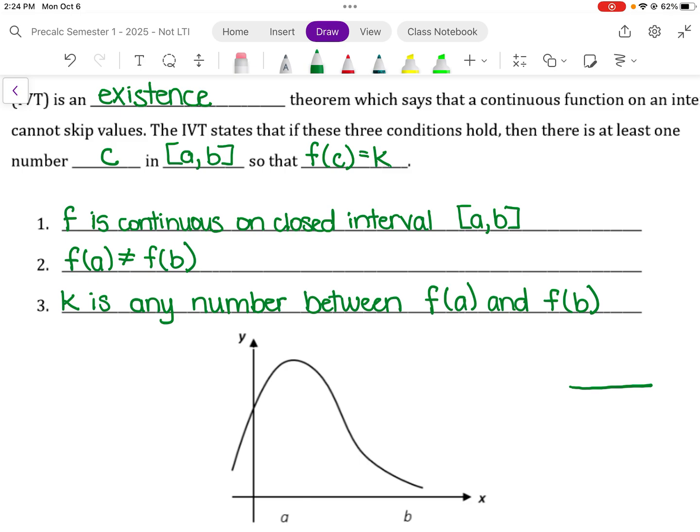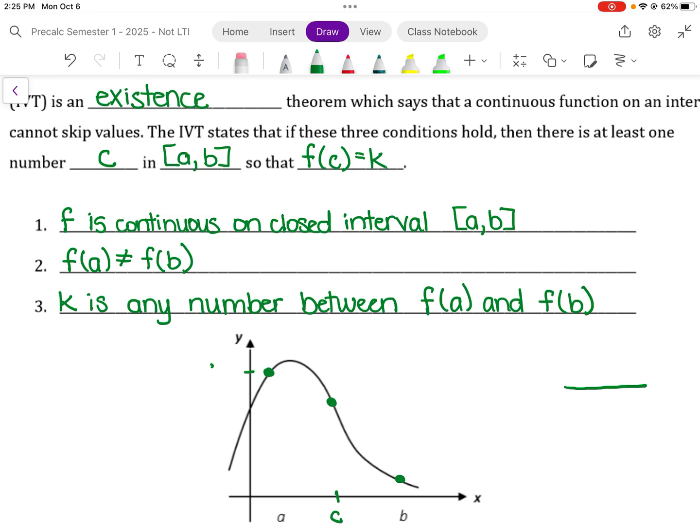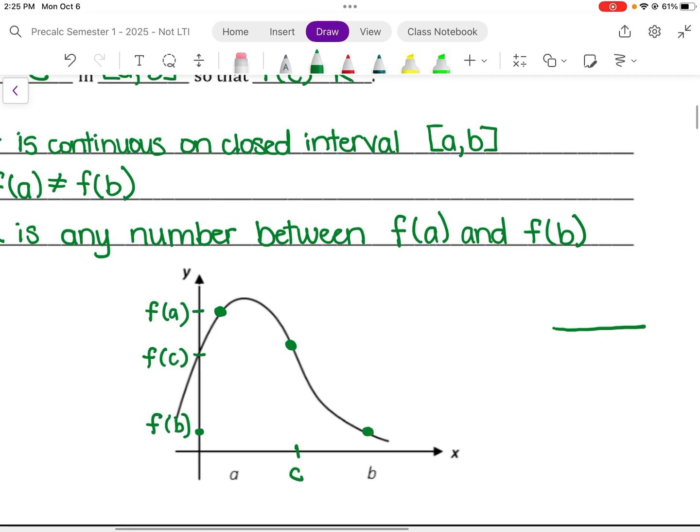Pick point A. We're going to talk about A, we're going to talk about point B, and we're going to pick a point C. I don't care where, just somewhere halfway in between. On this line, that makes it up here, right? So the output or the y value for this one would be called f of A. The y value for this one would be f of C, because C was over here. And then this one down here would be f of B. Okay? So taking that into consideration here,